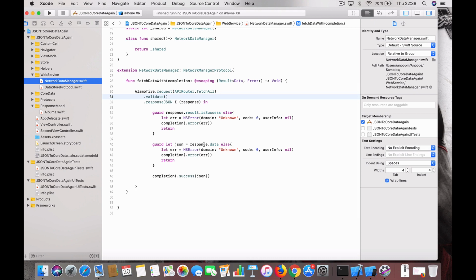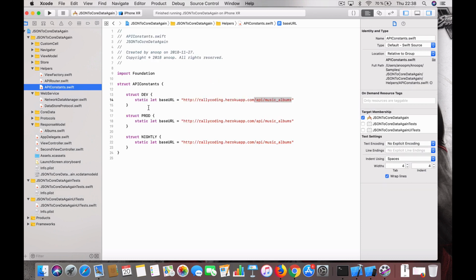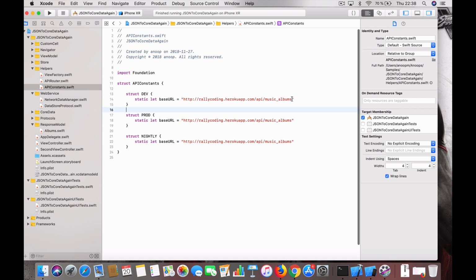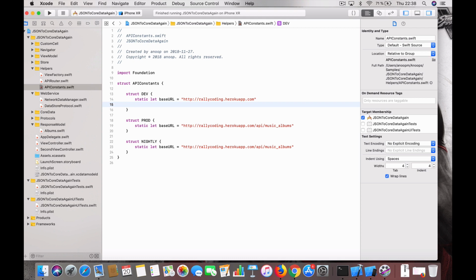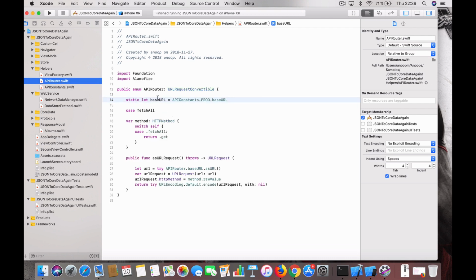Now, from where will we be getting the information about the APIs to be used? So we have two helpers here called API router and API constants. If you go to API constants, it defines the base URL. As of now we have only one API, that's why I just put the whole URL here. Ideally you will have the base URL like this, and you define your paths in the API router like this. So for example, if you go to API router, we can see we have the